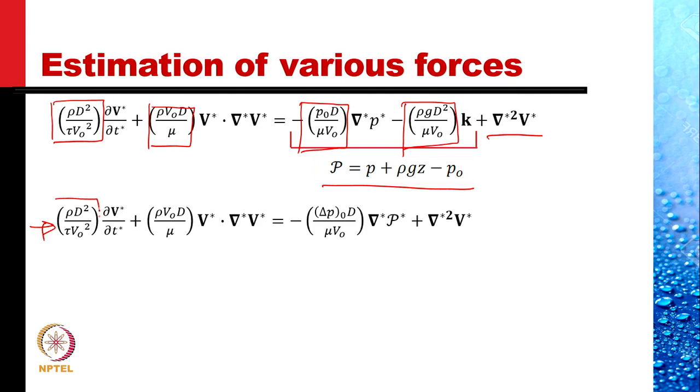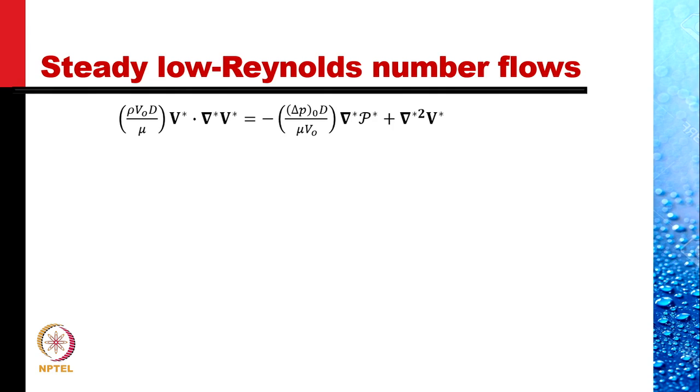This then is the ratio of the unsteady term to the viscous term. This is inertial acceleration to the viscous force term. This is pressure and gravity, or non-gravitational pressure term, to the viscous term, and the coefficient of viscous term is 1. So this is the equation that we obtained last year. Now, if we have a steady low Reynolds number flow, of course the flow is steady, so the unsteady term, which was the first term in the last equation, drops out, and this is the equation that results.